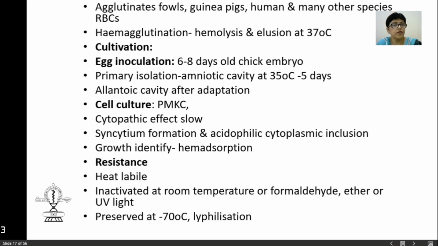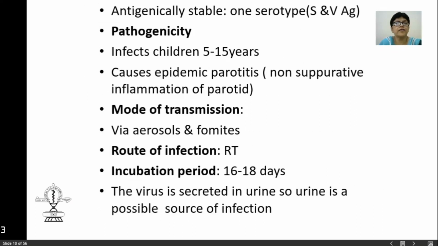Okay, so we have already discussed this slide, and if you remember, all enveloped viruses, because of the presence of this envelope, are extremely susceptible to detergents, to ether, to formaldehyde and UV light, and you can kill them easily, though they are acutely contagious and infectious when they are whole. You can preserve these viruses at -70 or by lyophilization.